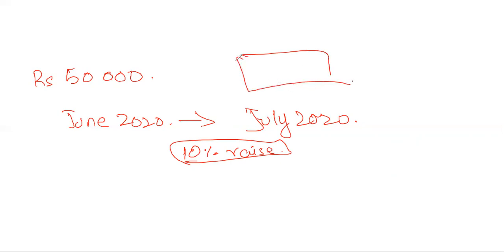So once again, we have the initial value, the percentage change, and the final value. My initial value is how much? The initial value is always the value on which the percentage is applied, and my reference point, which is always 100%. So in percentage terms, the initial value is always 100%. Right?